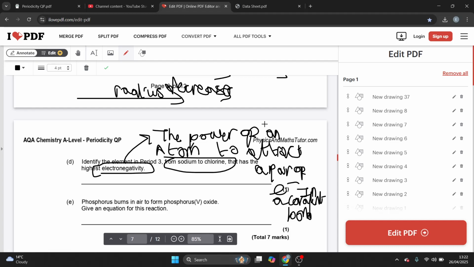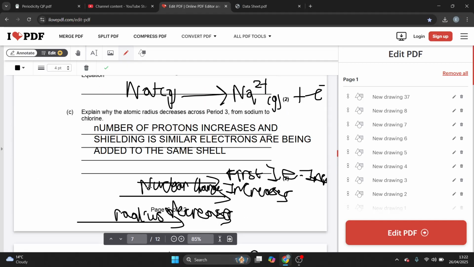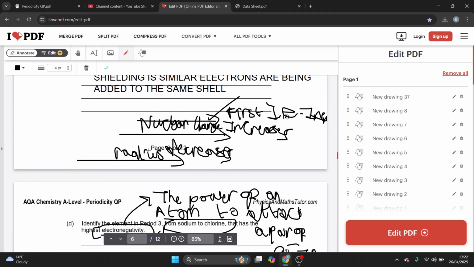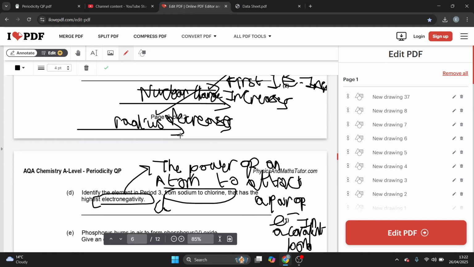Chlorine. And I'll tell you why. Because chlorine has the highest nuclear charge. It has the smallest atomic radius. It has the highest first ionization energy. But that's not really relevant, I guess. But all that means is that the electron